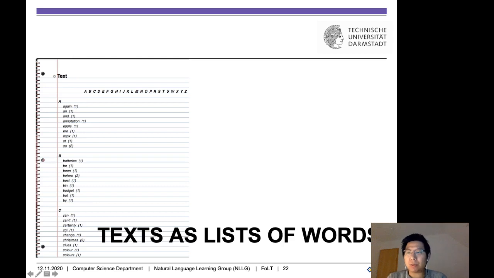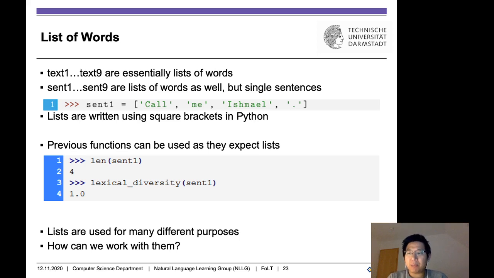Now let's look into how to use Python to process text. For example, we have a sentence, "Call me Ishmael", and in Python, usually we use a list of tokens to store this sentence, and this must be surrounded by square brackets in Python. We can also use previously defined functions to get the lexical diversity of this sentence. The result is 1 because the number of distinct tokens is equal to the total number of words in this sentence. And notice that list is a very important structure